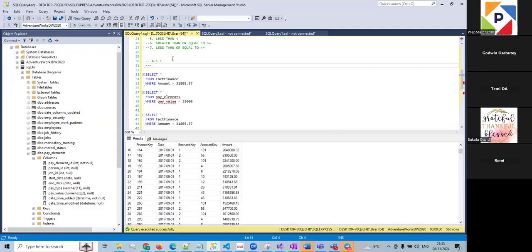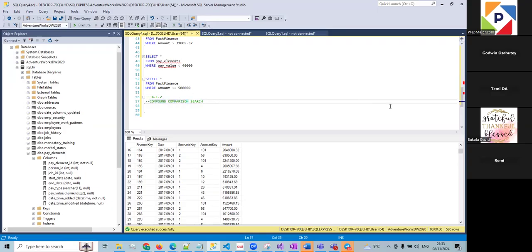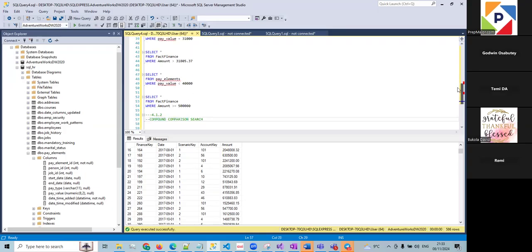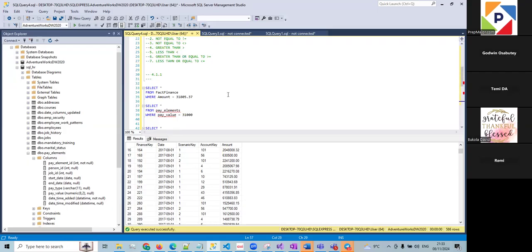Hi, Godwin. Could it mean when you're trying to do multiple comparison queries? Exactly. That is just what it means. You're right. When you combine multiple operators, when you combine multiple,